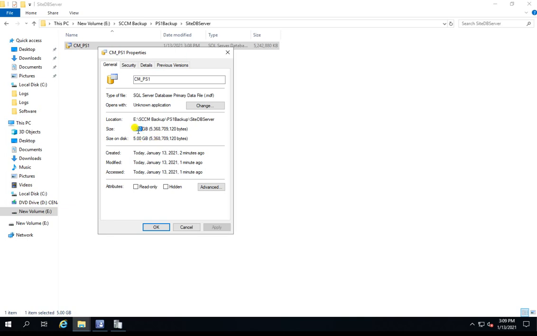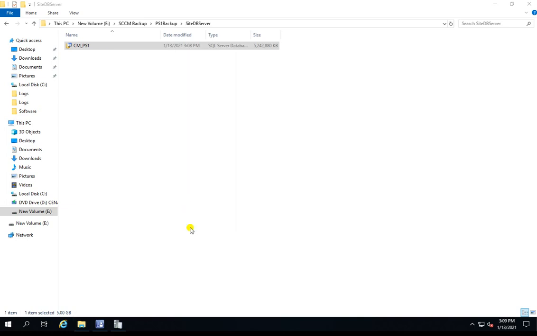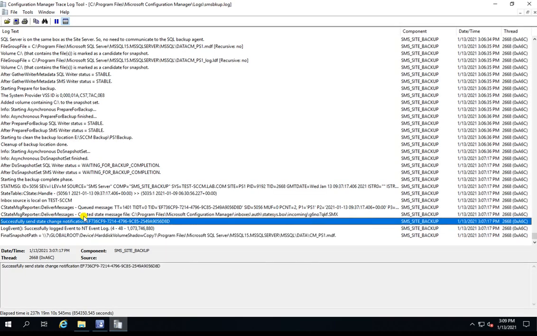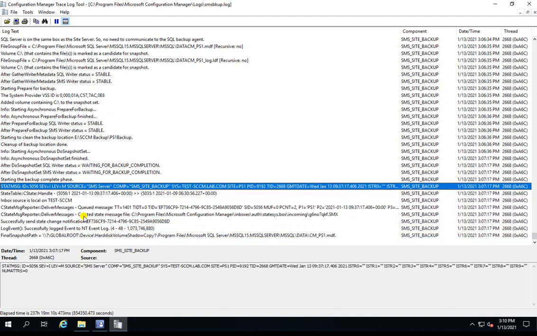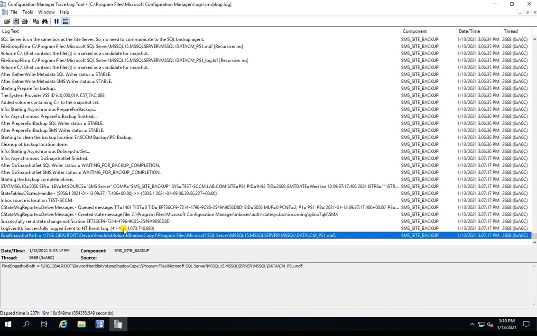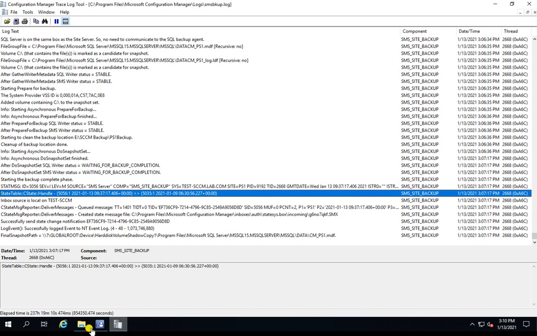It's around 5 GB, because I have very little data in my SCCM. Let me check whether the other files are created. Not only this file, it will create many files here. Once this file backup is completed, the other files will be generated. We can wait some time, and you can also read the logs file. As the progress is running, this logs file will be updating. Okay guys, this log's name is smsbkp.log. I'm pausing this video for some time to let this backup complete.